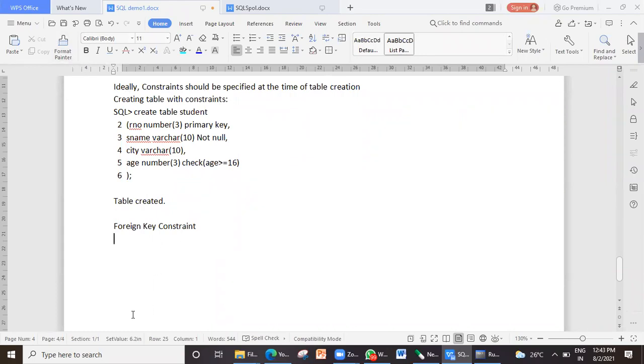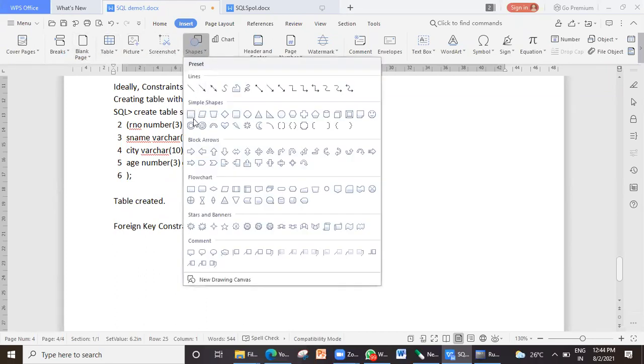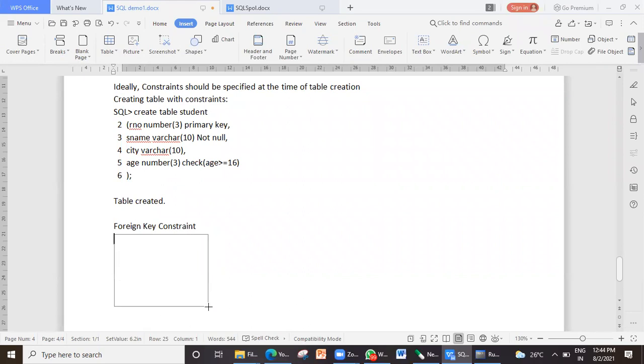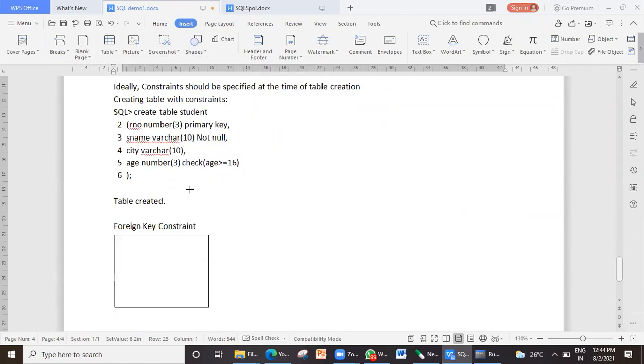Suppose you have one table here. Normally, whenever you take admission, the entry will go to the admission table. So here there is the admission table. Similarly, suppose there is another table called results.